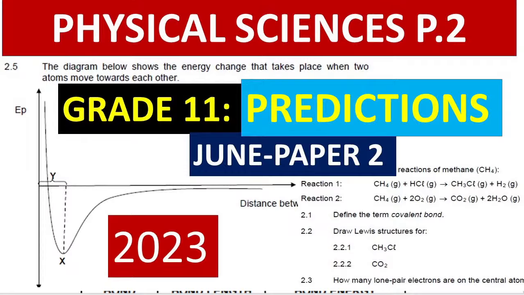All right, it's M. Saidi with the predictions of grade 11 physical science. What do you expect to find in your paper? Let's discuss this. We expect you to get 100% because this paper, you must kill it. When I say you must kill it, I think you understand what I mean.